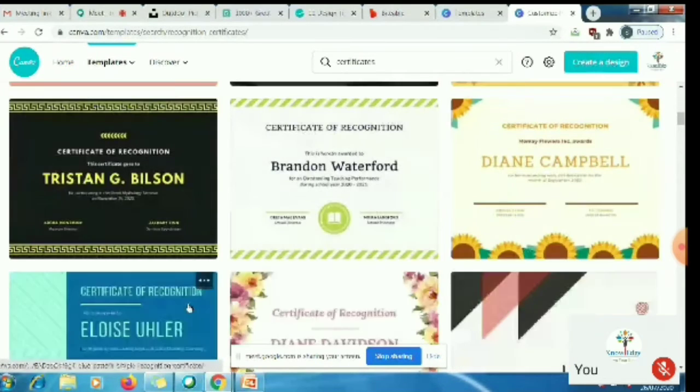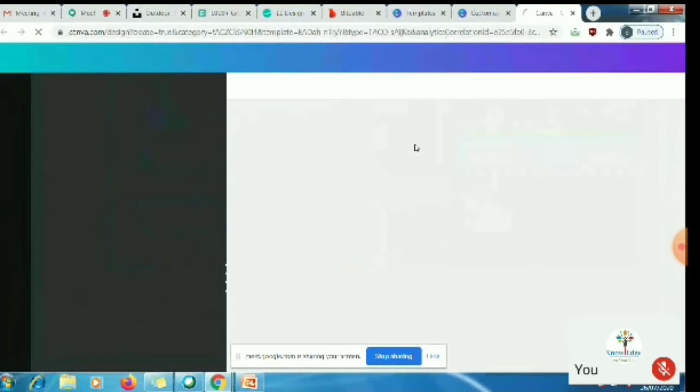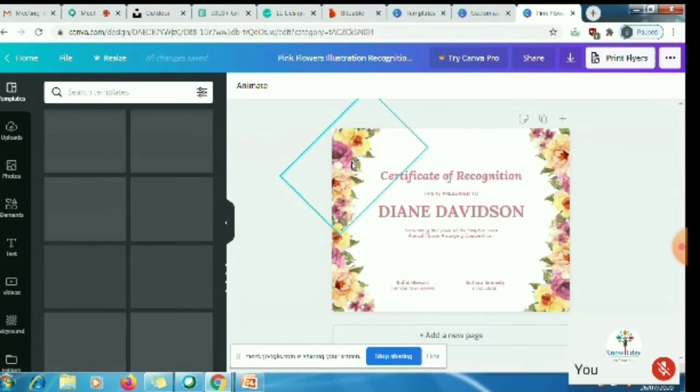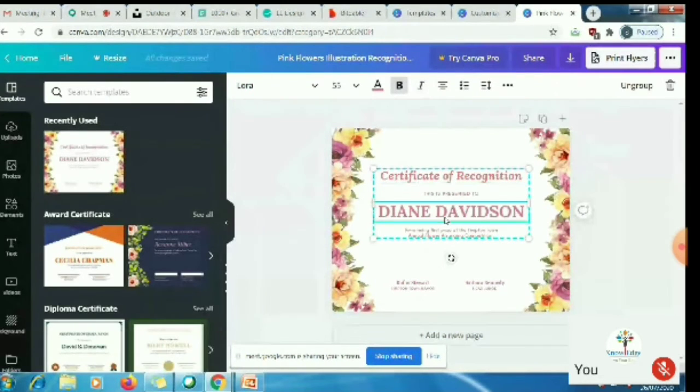Again, you just have to select the layout and try editing. Again, this shows you use this template, and then you can edit it like the way we did for the flyer. So you want to change this image, you want to change this color, you can easily change the font, the size, and everything. Again, download it, and then you can put it in your slides or AutoCAD, and you can send the certificates to all your participants.